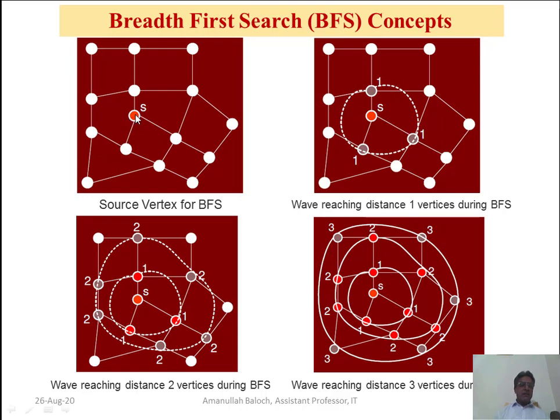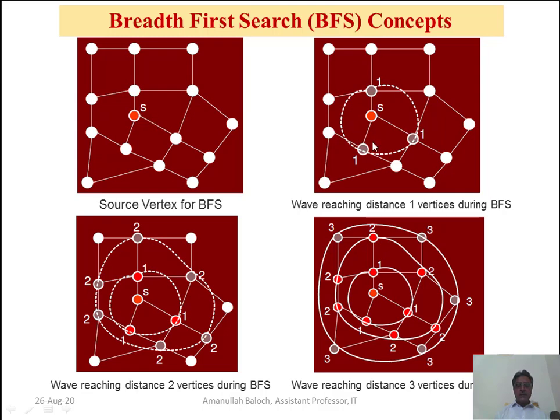the first depth level is, that is, how many nodes are present from this source node at the distance of one edge. This node exists at the distance of one edge. This node also, and this node also. So these three nodes exist at the distance of one edge. We will search all the nodes which exist at the distance of one edge from the source node. This is breadth first search.